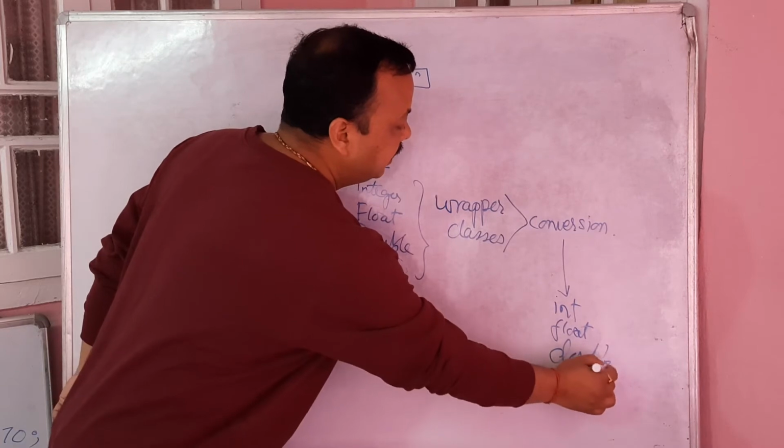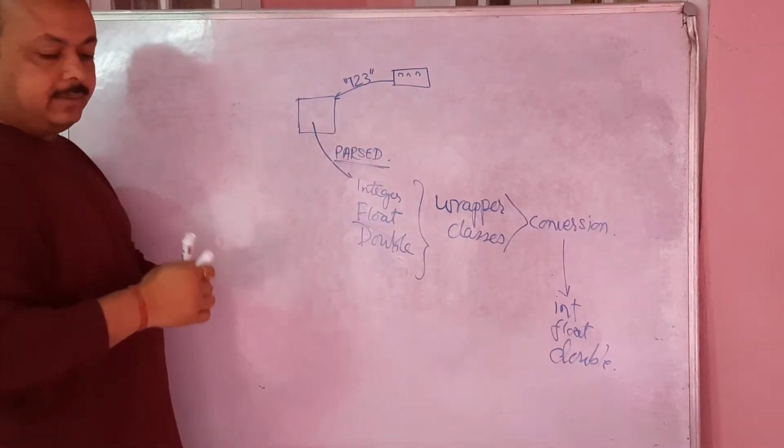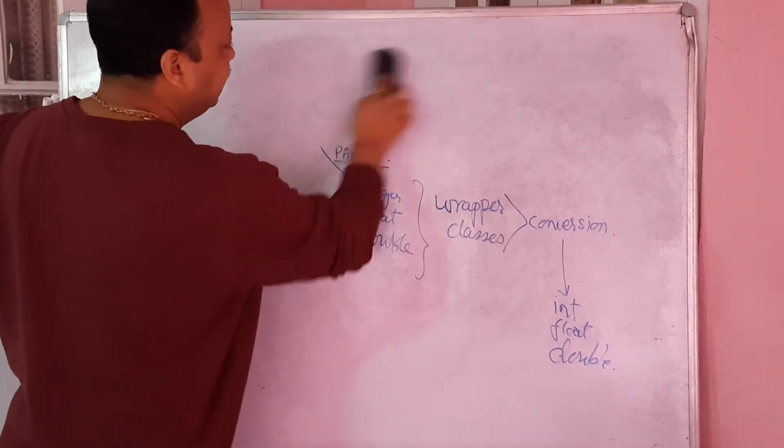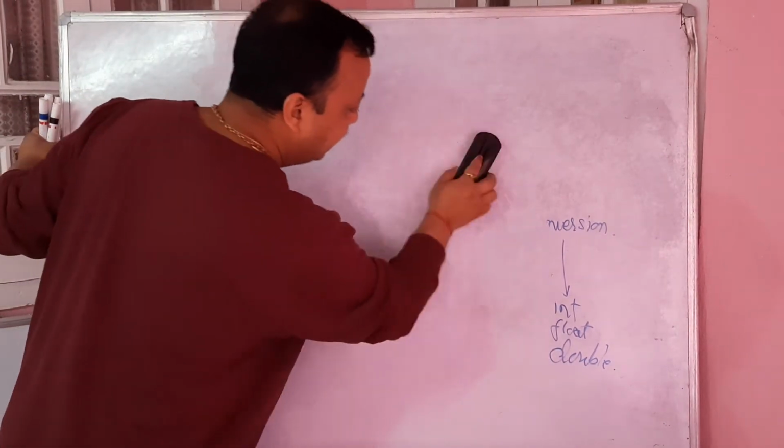So I hope this is clear. But how do we do it? How do we do it? So this is a pictorial representation. What we'll try to understand is,